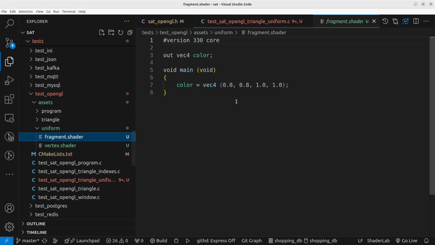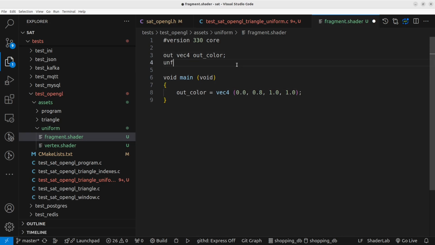In the fragment shader, I'll create it here. I'll call this guy the alt, just to identify properly, and I'll call this one uniform vec4 float